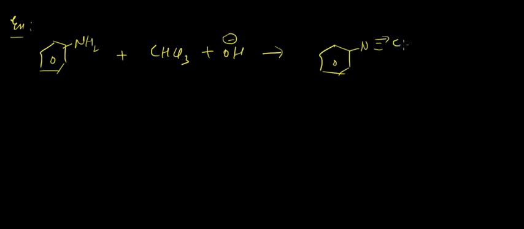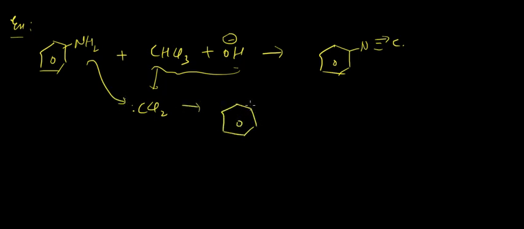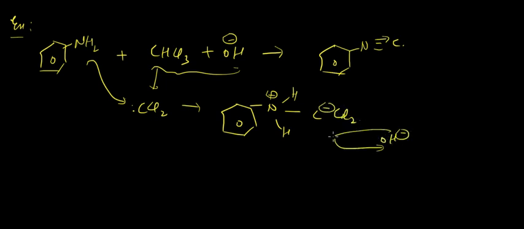Okay, and what would be the mechanism? Obviously, first this will convert into CCl2 carbene. Okay, then this would be attacking on this form carbon to form something like plus here, and we have two H's attached here, and we have C minus Cl2. Okay, next what will happen is again OH minus will attack on this acidic hydrogen and will get